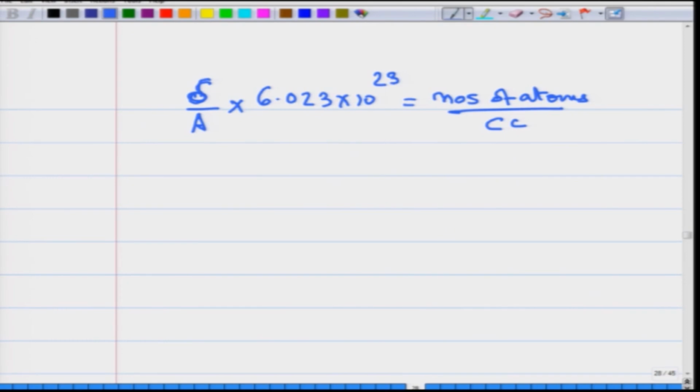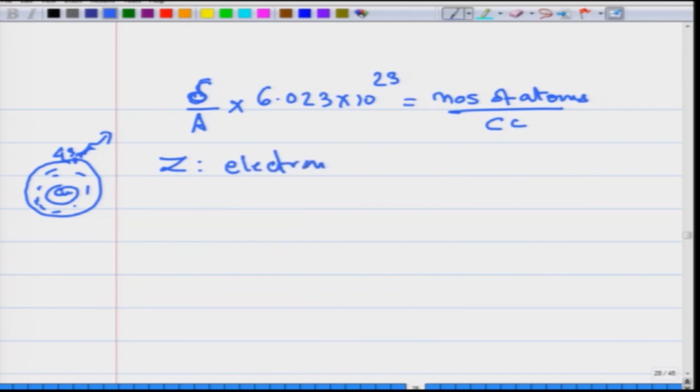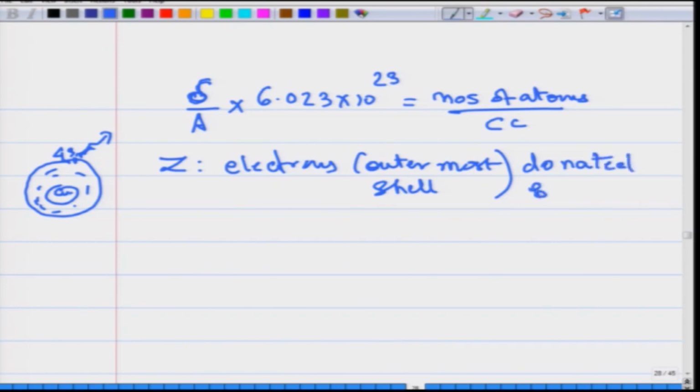Now if you take copper for example, it has one outermost electron which is in the 4s shell. This is the copper nucleus, and then you have different shells, and the outermost electron is in the 4s orbit, which has one electron that can be donated by copper, and that is how copper becomes a metal. By giving out one electron you get it to form a metal, because that electron is delocalized, it moves across the entire lattice, and each copper atom gives out one electron. So if Z is the number of electrons of the outermost shell which is donated by each atom in the metal,